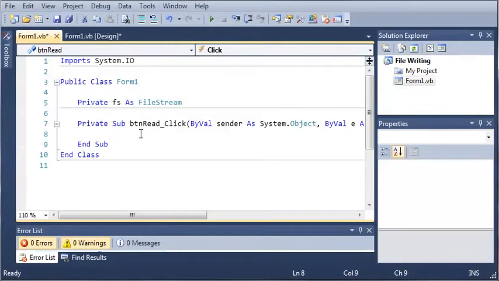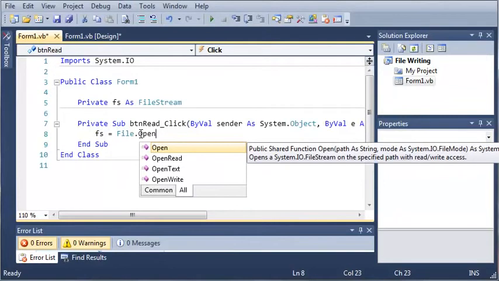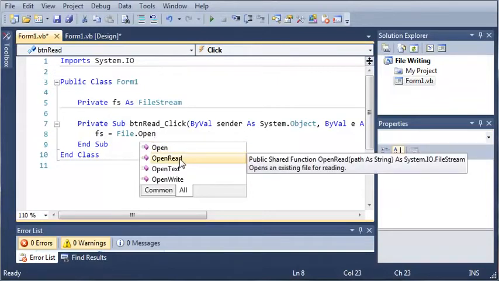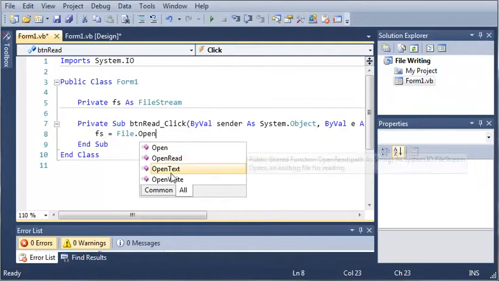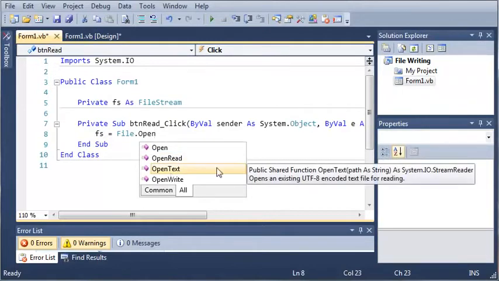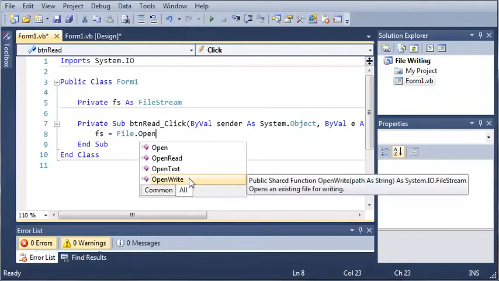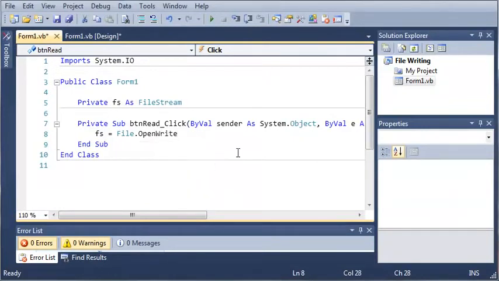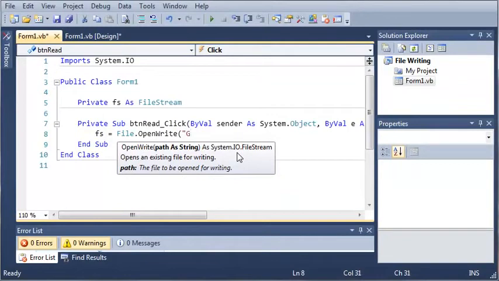Now we need to open that file, and we're going to use fs to do that. We'll set the file stream equal to File.Open, and you can see we have Open, which will open a file. We've got OpenRead, which will open it and let us read it, OpenText, which opens the text from a file, and OpenWrite. What we want is OpenWrite so that we can write to our file, and the argument that it takes is a path as a string. So we'll just do it in the G drive,